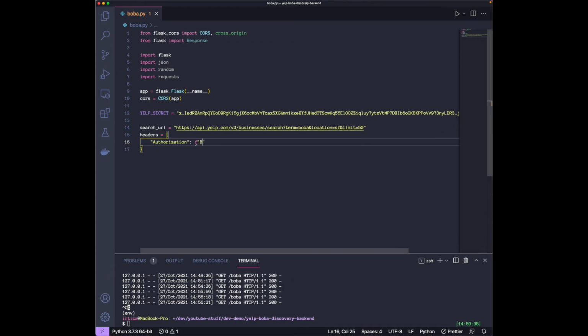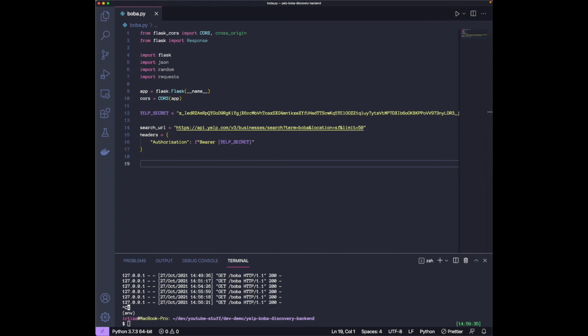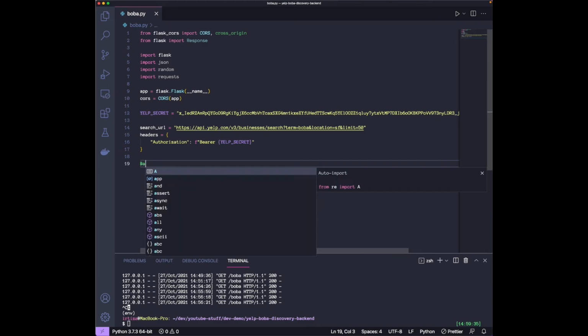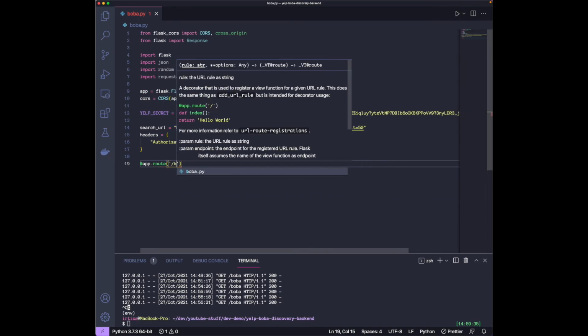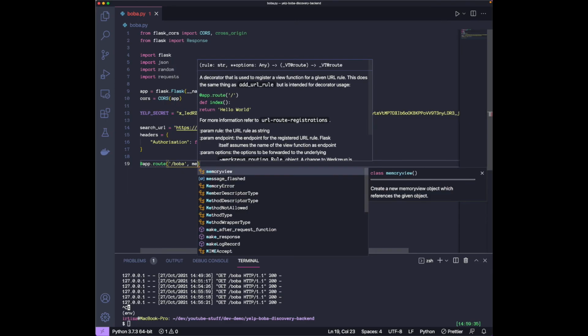That's going to be an F string with Bearer and then our secret. There you go. That's going to be the header we're going to pass to our endpoint. And now we need to design our backend endpoint. So we're just going to have a typical GET endpoint, call it Boba, and then it's going to be